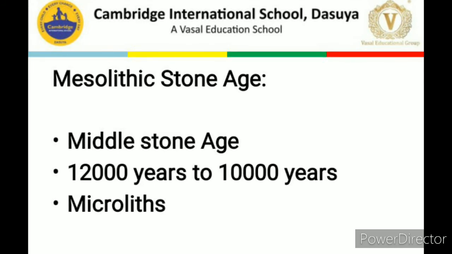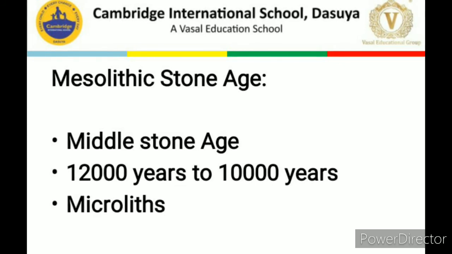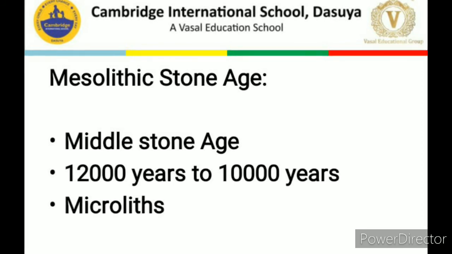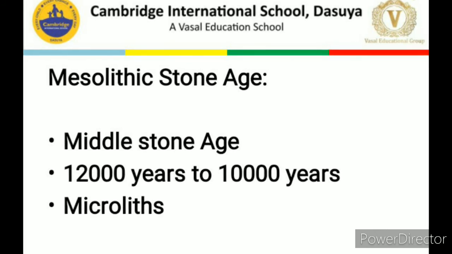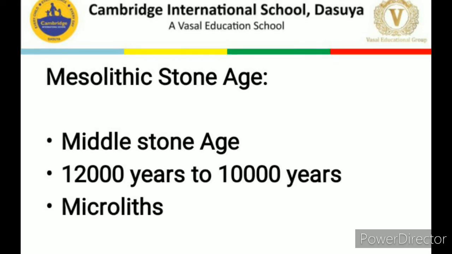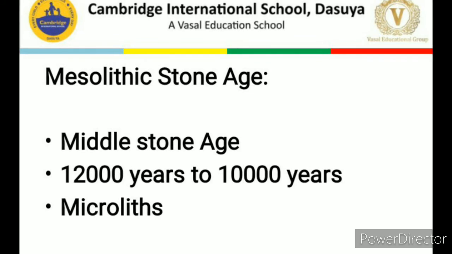It was a Mesolithic Stone Age where there was a sudden change in the environment, and this also helped to grow the grasslands in different parts of the world. And this grassland has increased the number of grass-eating animals, and later on it has helped these hunter-gatherers to become the farmers and herders. Let's watch this video to understand this Mesolithic Stone Age in a better way.